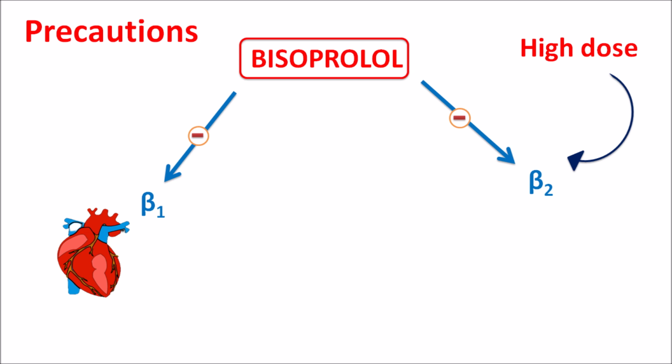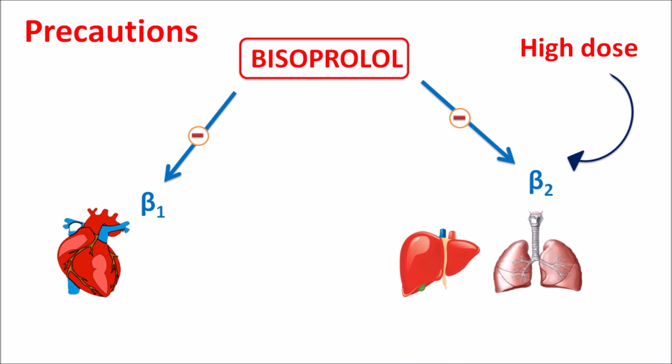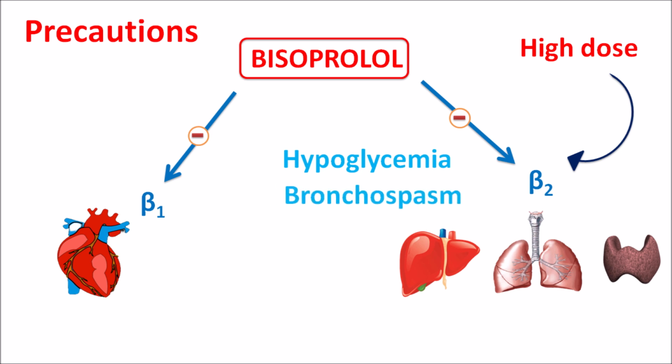So this drug at high dose can affect the function of liver, lungs, and even thyroid glands. By blocking beta-2 receptors at these organs, bisoprolol can produce some hypoglycemia which may result in tachycardia, and it can produce bronchospasm which is more significant in asthmatic patients. So even though it is somewhat selective, still care should be taken in patients with any respiratory disorders or